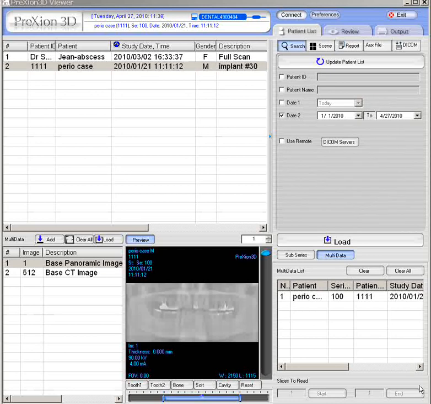Now for loading the panoramic image, we can find it first of all in the patient list. Here is the patient list. And first of all, just a quick review, we can find particular patients by using the filter. Here I've selected the date filter. Make sure you check the box and hit update patient list to get just the dates